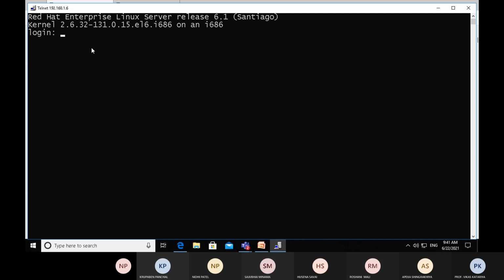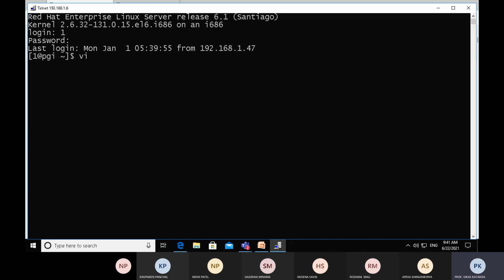I am using a Windows machine. Right, so we have connected. Now mention here the credentials, user ID and password of your Linux user account.